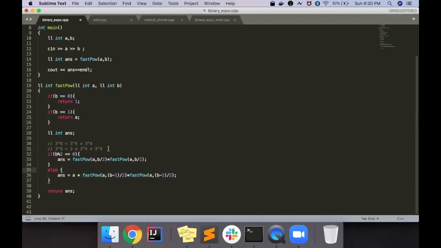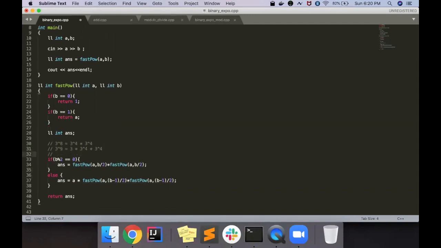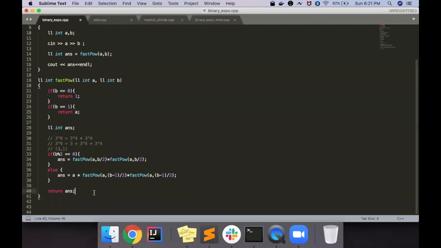Now, like we discussed, we already made a tree, if you remember, in our notes. Ultimately it will come to 3 की power 2, and then at the end it will come to 3 की power 1. So this is our terminating condition, and that's what we have written here. One condition is, if power is 0, then return 1, because a की power 0 is 1, and if b is 1, basically if a की power 1 we have to calculate, then return simply a. Now let's try to compile this solution.